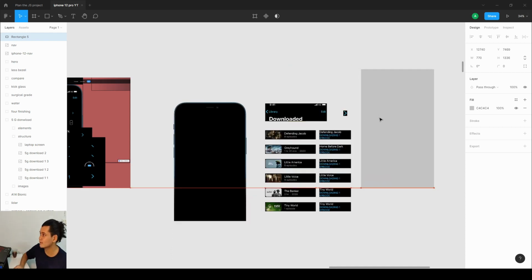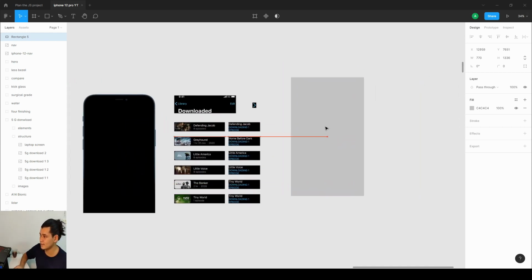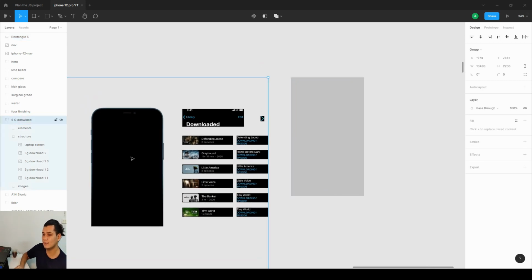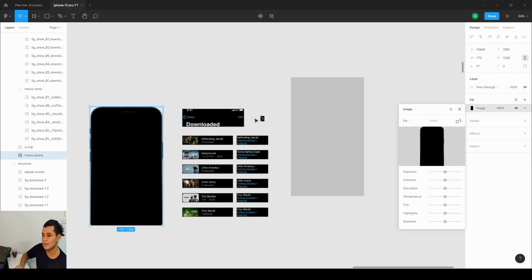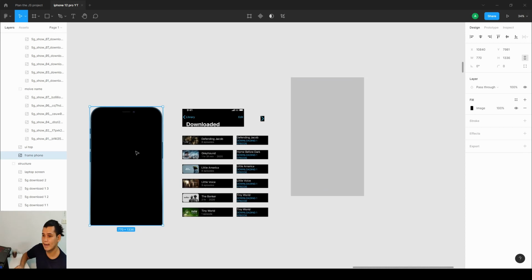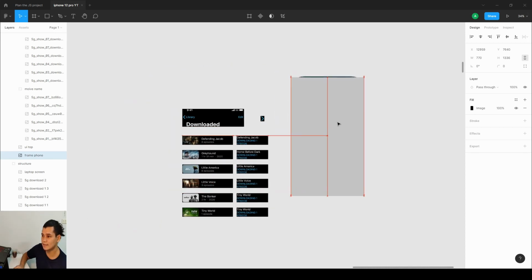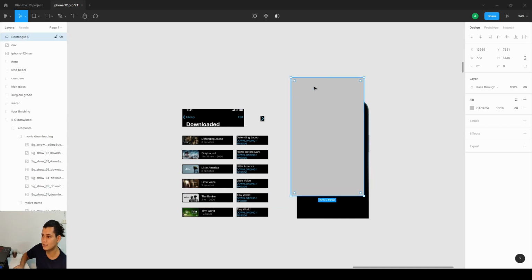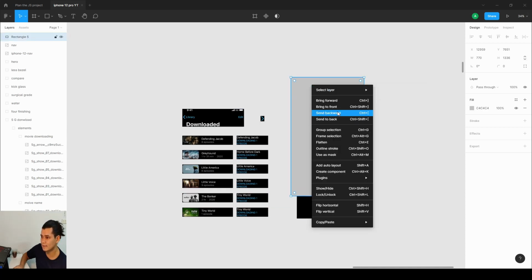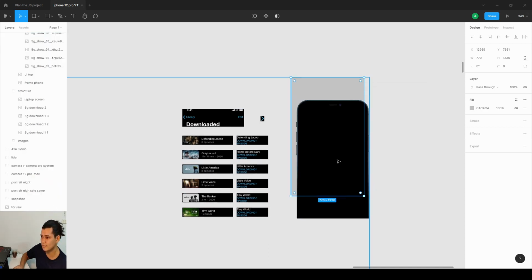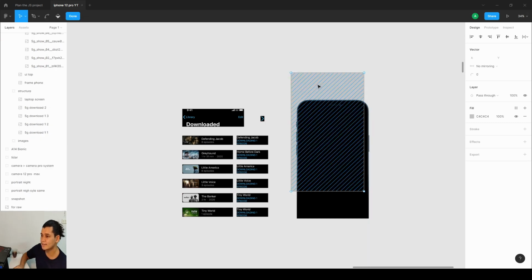Okay, we have a div in here, and then what we do is we just put another div inside of that, and we put that as an image. So let me just send this one to back. Send to back. So this is the div